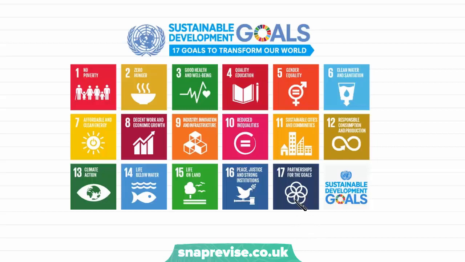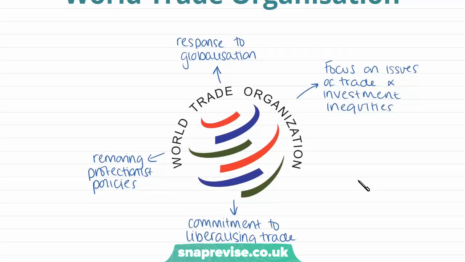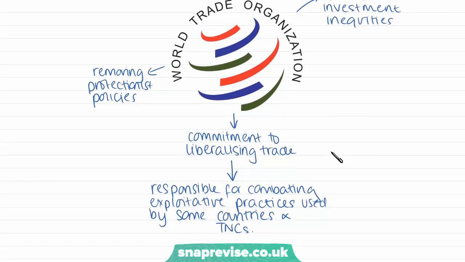So the next organisation we're going to look at is the World Trade Organization, and this is their logo here. And as a response to globalization, the World Trade Organization's focus is on the issues of trade and investment inequities. So typically, injustice has been partially alleviated through the process of globalization, but it's undoubtedly been accentuated